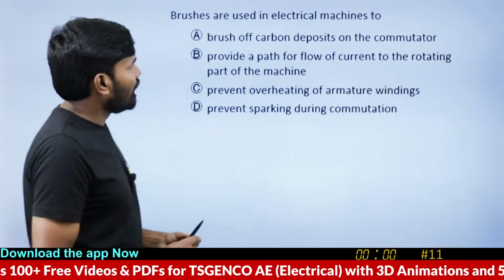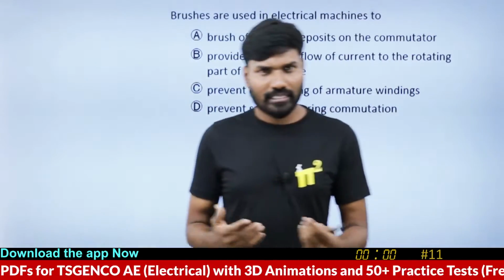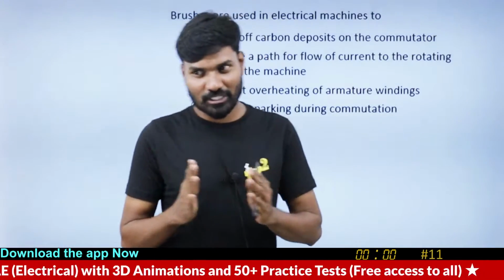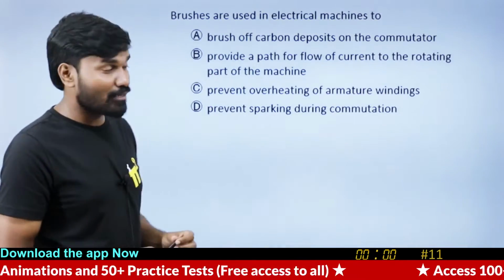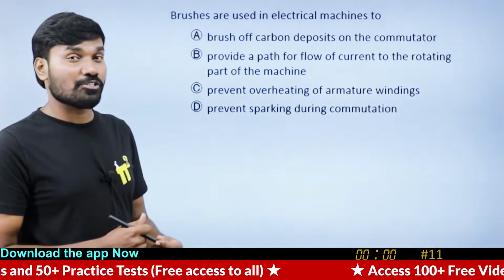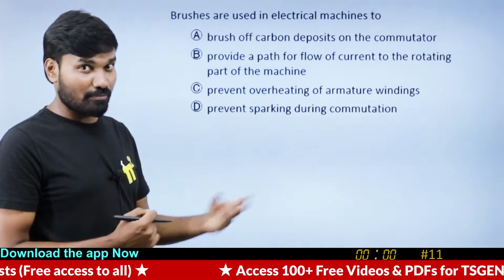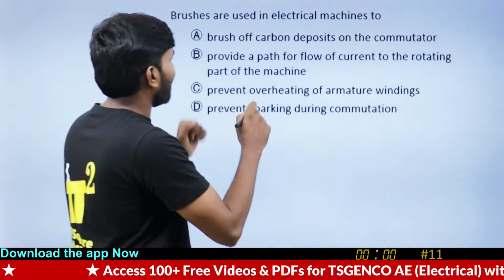Brushes are used in electrical machines. Be it AC, be it DC, electrical machine means don't think that only a DC machine is an electrical machine and an AC machine is not. Both are electrical machines, right? In AC also we use brushes. In which AC machine? Induction, slip ring type, slip ring and brushes. Yes. The main purpose is to provide a